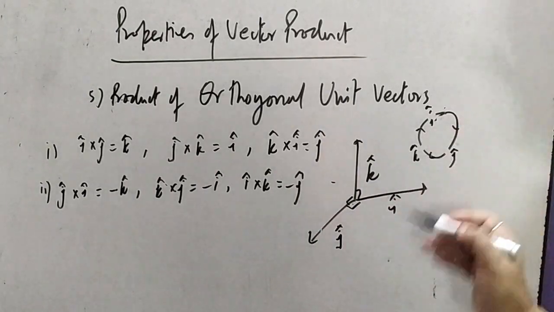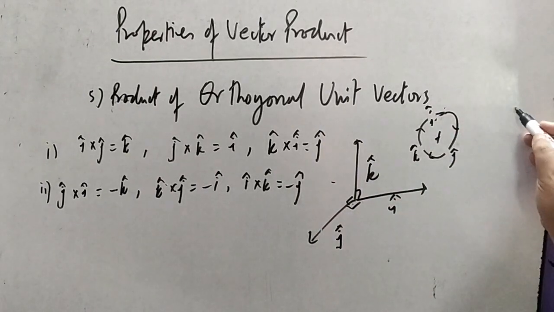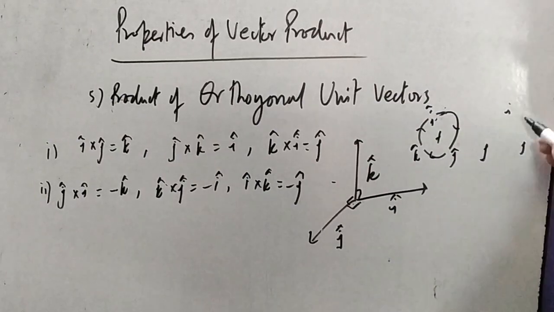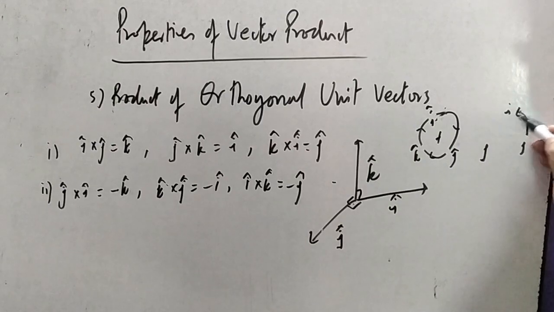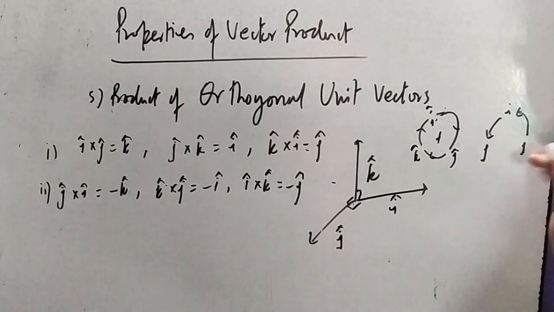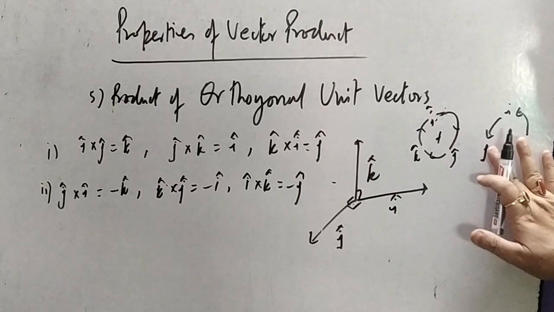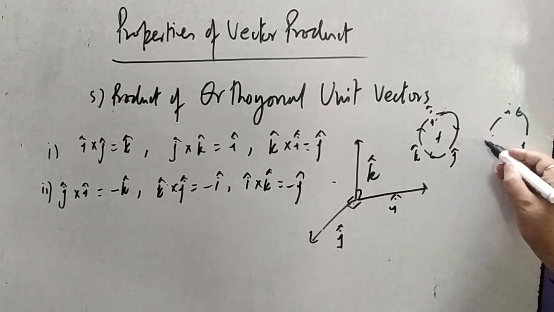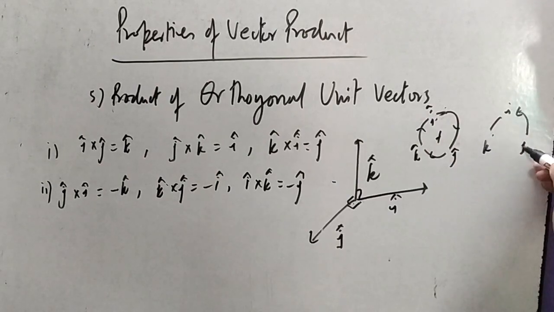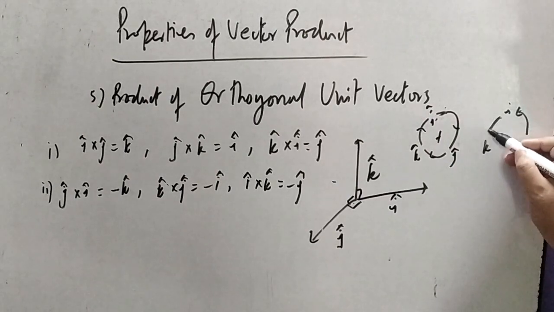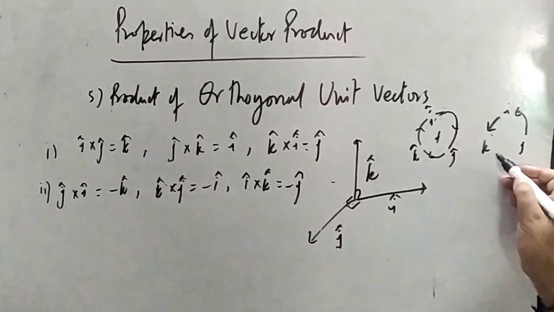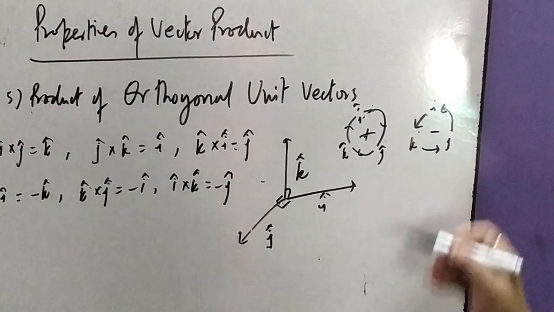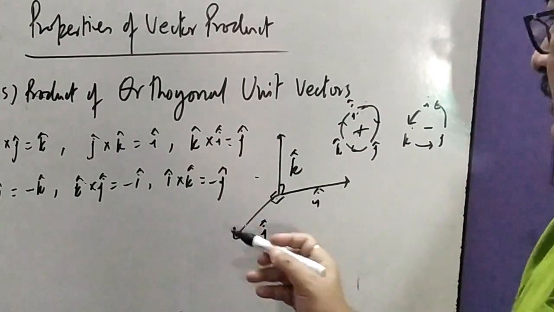तो इसका ऑर्डर, ये पॉजिटिव ऑर्डर है, और यही ऑर्डर अगर मैं उल्टा कर दूं, वही i, वही j और k लिखता हूं. अब मैं j टू i टू ये ऑर्डर कर रहा हूं. j टू i टू मैं k लिख रहा हूं, और k टू j लिख रहा हूं. तो ये आपका नेगेटिव ऑर्डर हो जाएगा. ये पॉजिटिव ऑर्डर, ये नेगेटिव ऑर्डर.